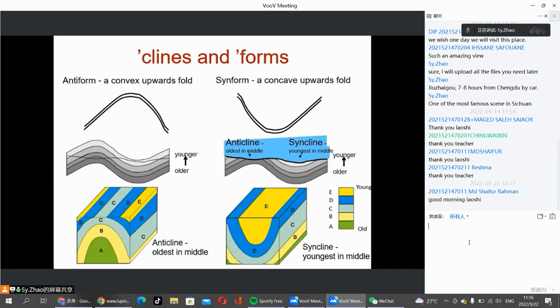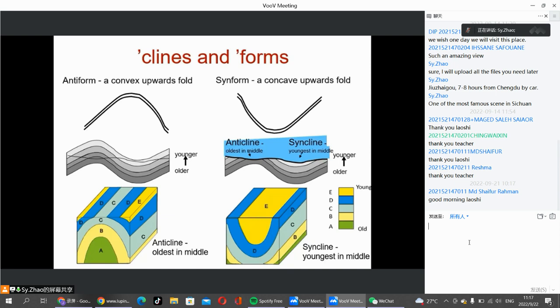Okay, next let's move to the class and the form. Some scholars discriminate class and form for the folds. Form is usually used for the description of the folding form and shape, and class is usually used for the description of the exposed condition we can observe in nature. But yeah, they are very similar, and either of them can be used